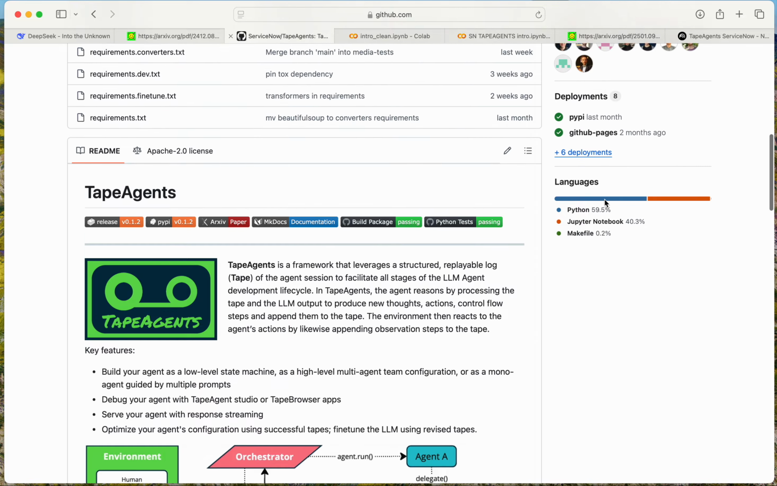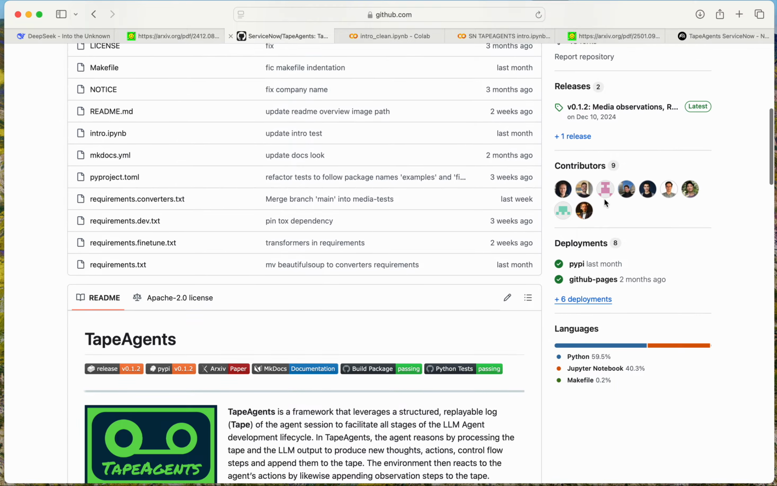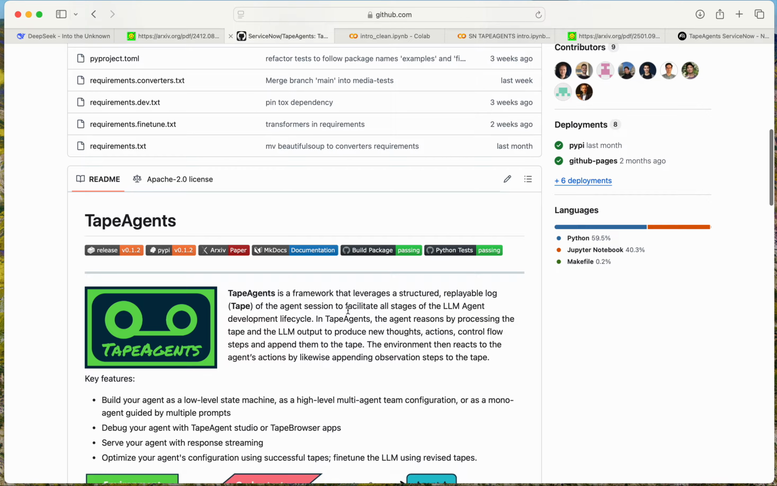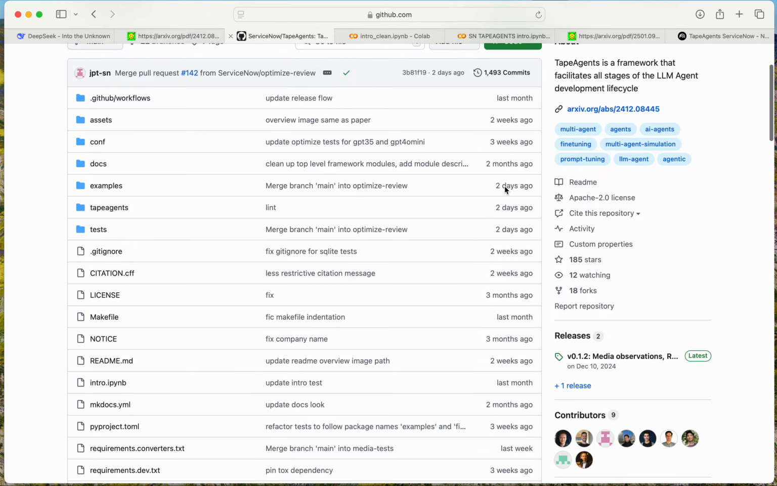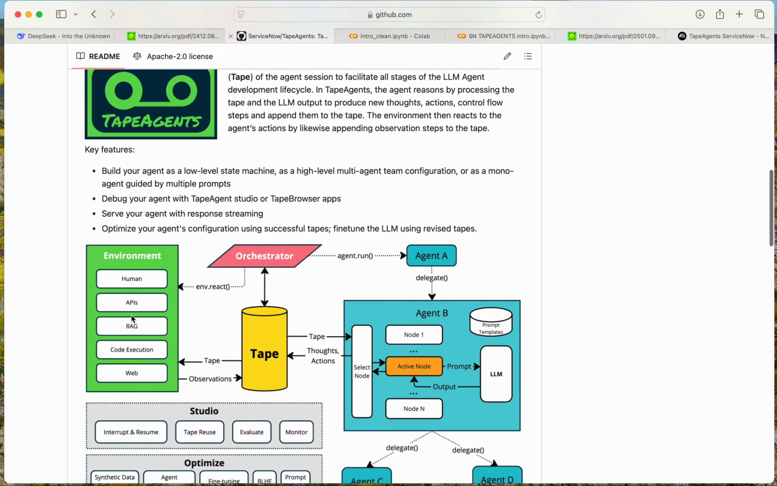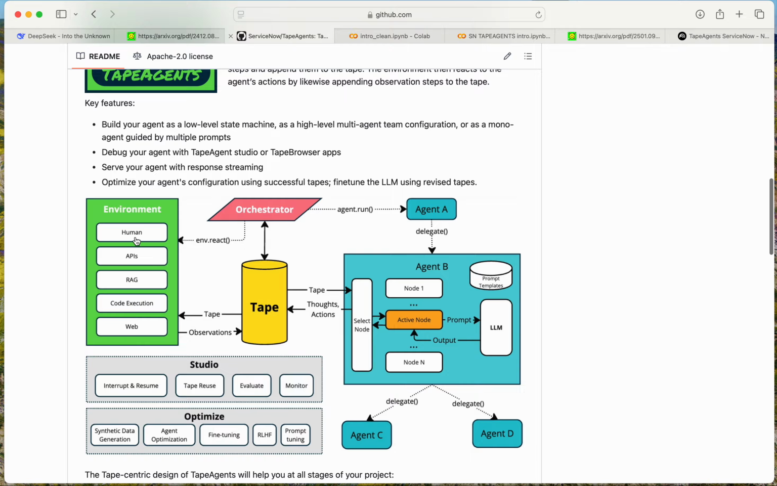I'm not sure, I think it was a few months ago, and this is TapeAgents. I believe the Agentic AI that ServiceNow is selling is based on this, and it is pretty cool. TapeAgents can do a lot of things. It can be used for prompt tuning, fine tuning, agentic workflows, AI agents, form filling. There are many use cases, and the main